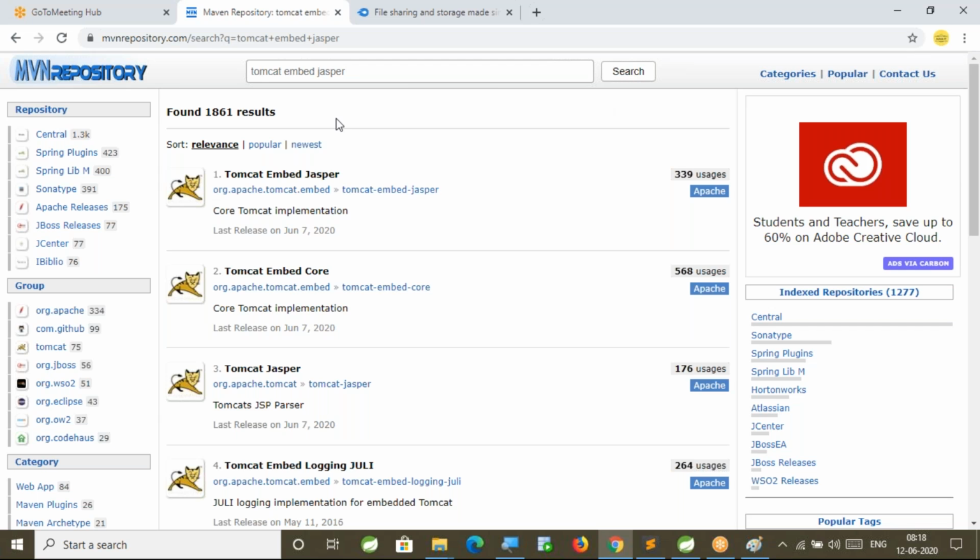Yes, we got the results for that. Search Tomcat embed Jasper, first one. Click on this.